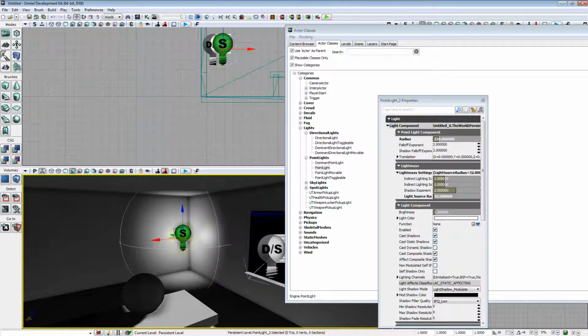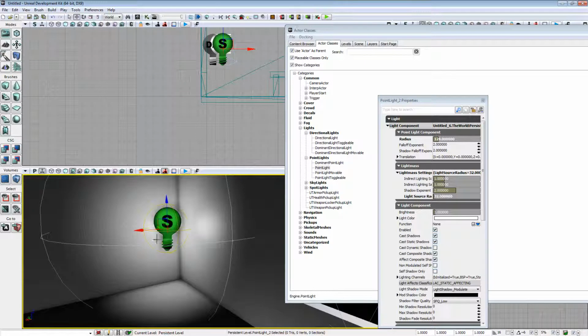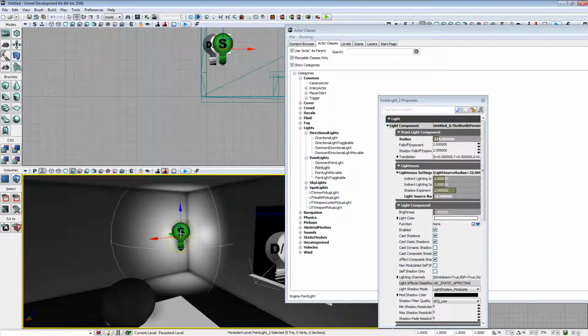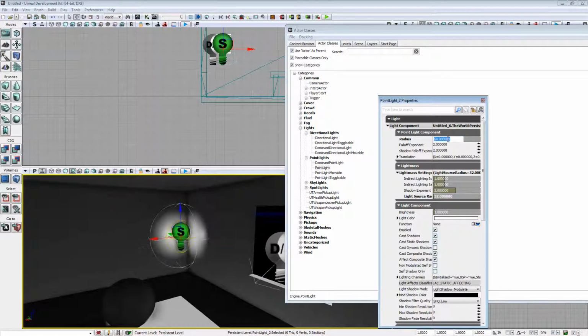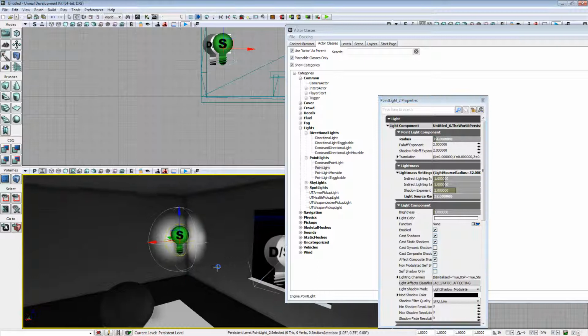Now you see you've got one sphere gizmo around here and a smaller yellow one inside. Now this one is the radius of how far the light emits out before it dies, and this yellow one is actually the light source itself, and that's defined in your light source radius here. So let's try increasing that to 128, all down to 16. We'll leave it on 32 for now. So I'm going to just increase that right down to there,